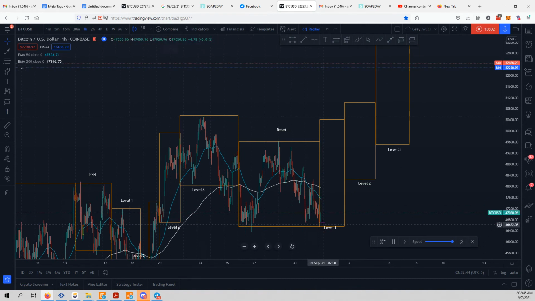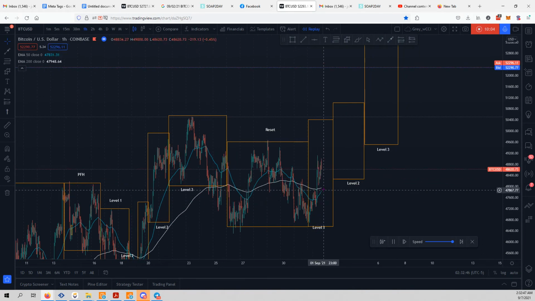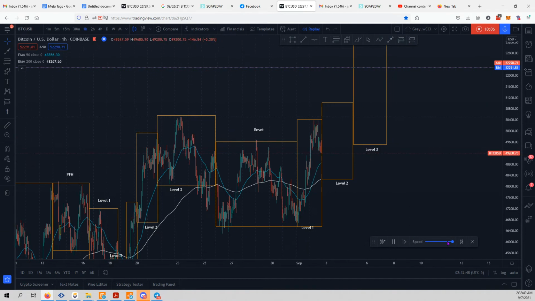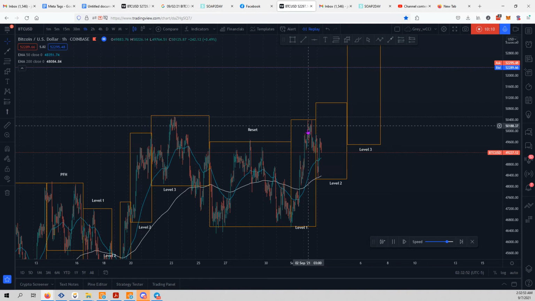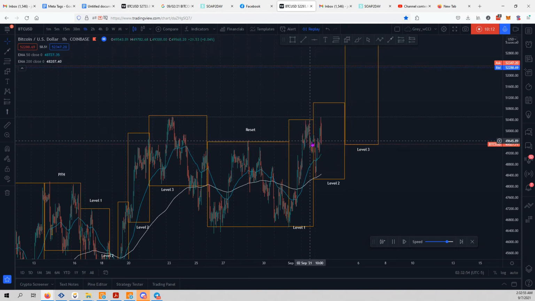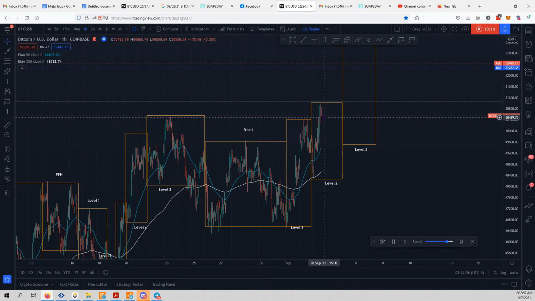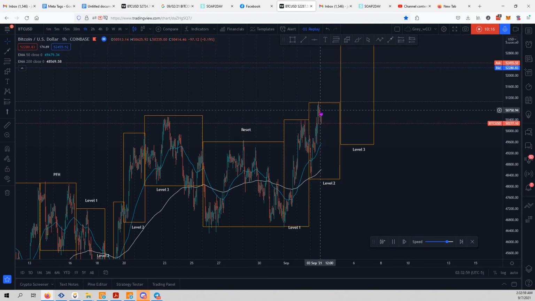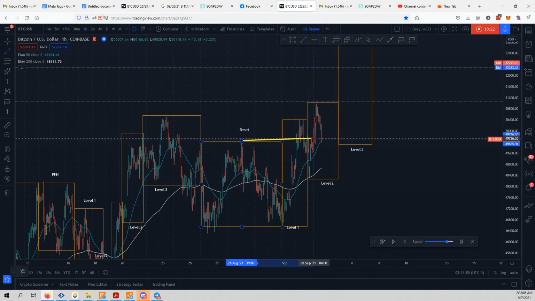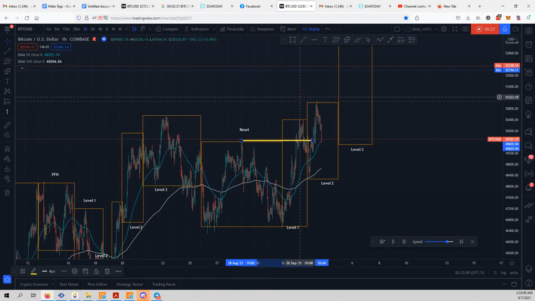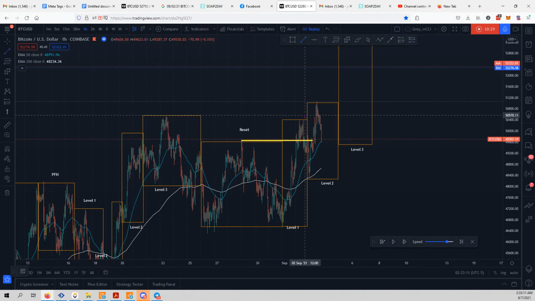Price is moving down. Created a peak formation high. Moving average crossed over. Oh, let me slow this down a little bit. Moving average crossed over, giving us a level 1 and also a BMS, right? Breaks another structure right here. Breaks this structure here. In fact, let me pause this. So we broke structure here, which also gives us confirmation, or confluence. It gives us additional confluence that we have